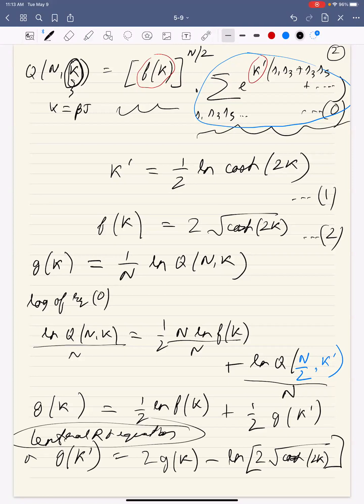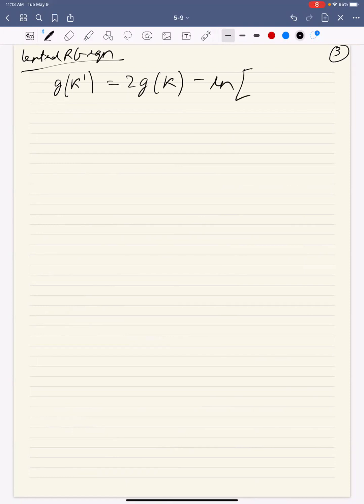So this looks all abstract, but now let's put this to use and see what it can do for us. This is all abstract, but you'll see why it's really powerful. So let me write down that equation once again. The central renormalization group equation is G of K prime is equal to 2G of K. So what is the idea here? The idea here is that